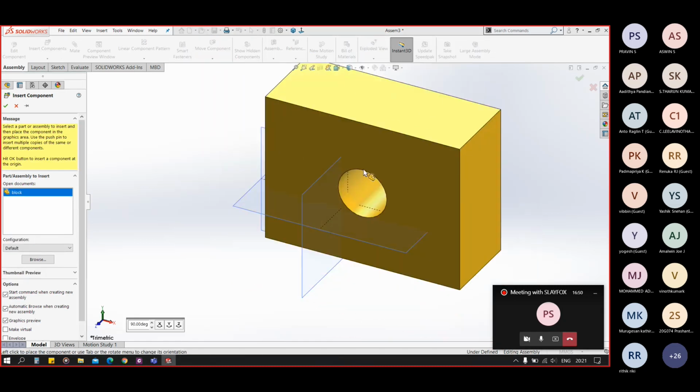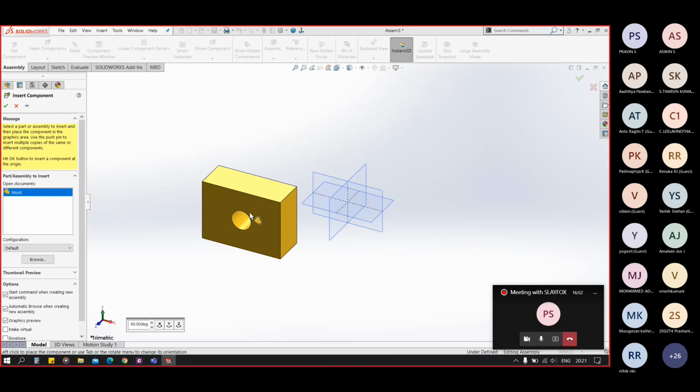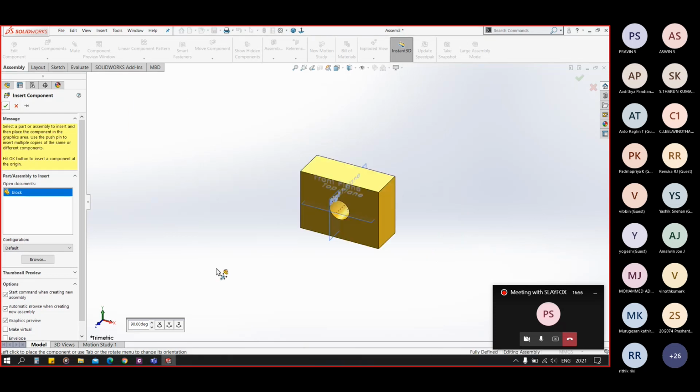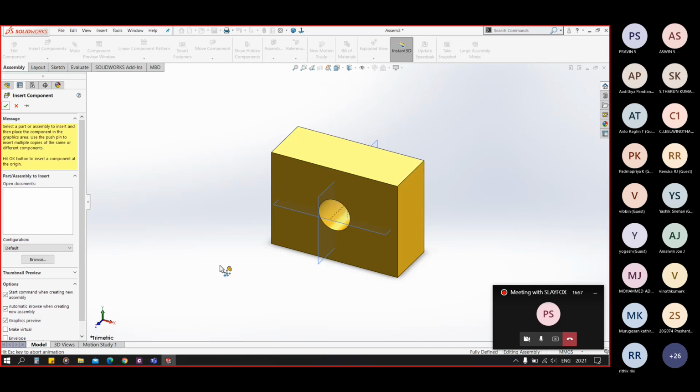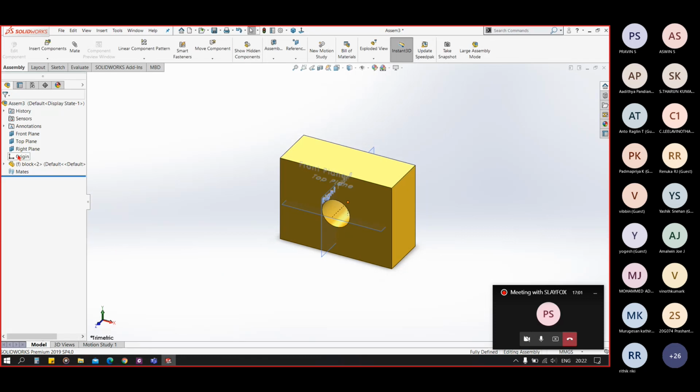You do not have to click while adding the first part, directly hit the OK button. And when you hit the OK button directly, you can see the origin of the part and the origin of our assembly are the same.